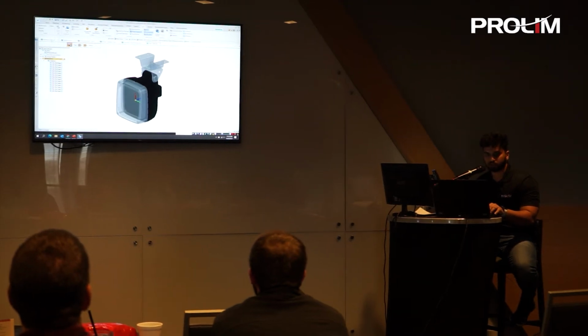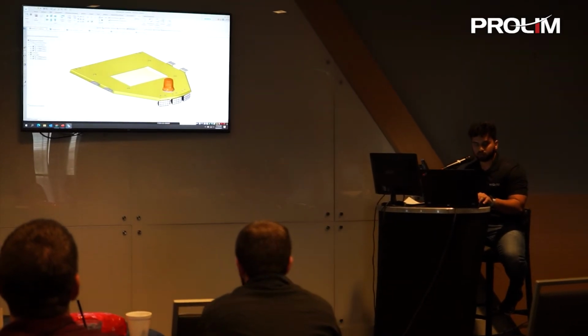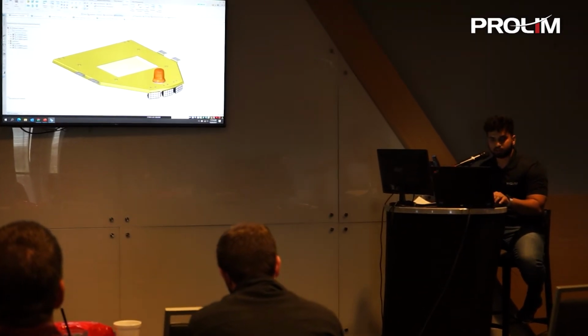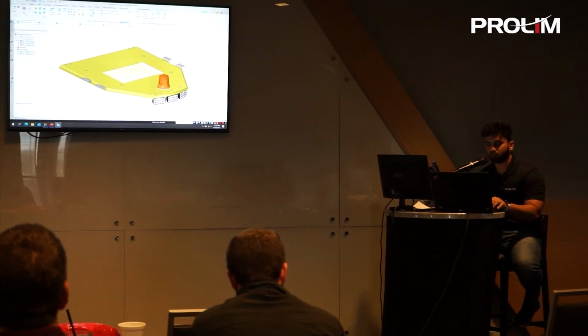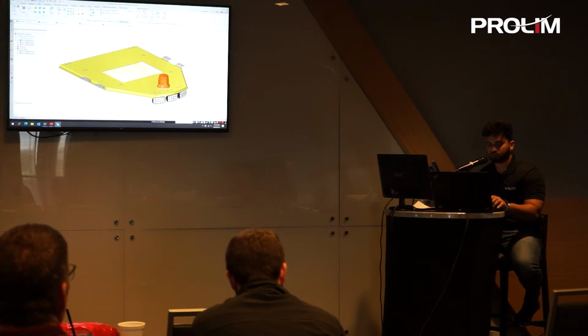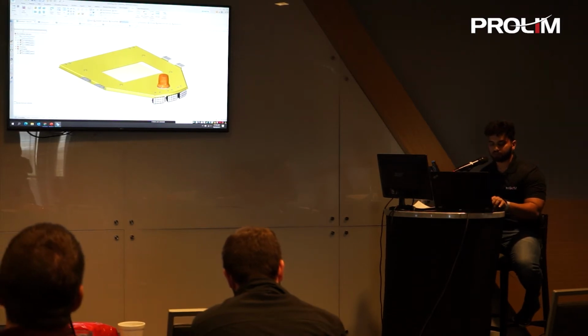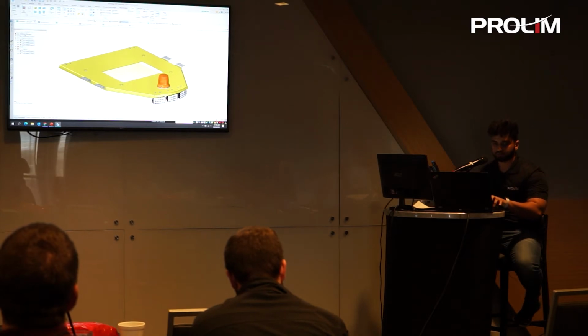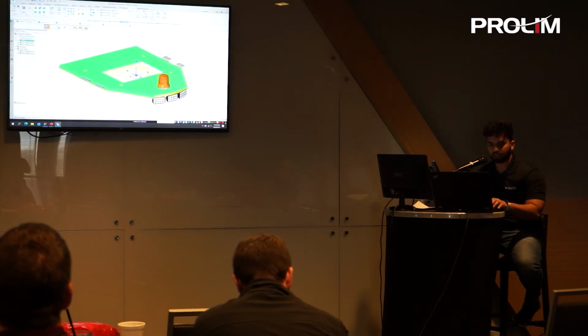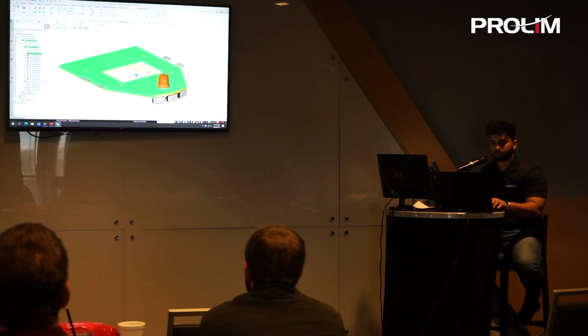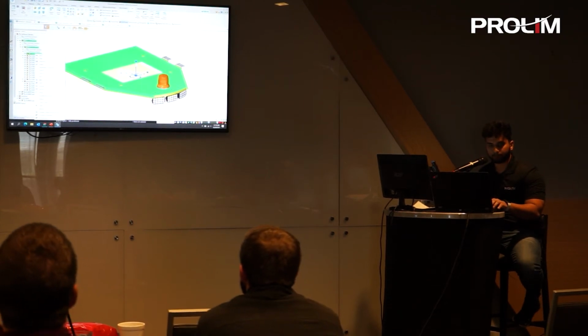I'll come back to the bulldozer cab assembly. Here you can see an option that says Type to find a component. This is a new feature that has been introduced. If you know the name of the component you're looking for, say I'm looking for a component named P-001817, it automatically highlights the component. If I go ahead and look, it's right here in this assembly. I'll open this again.